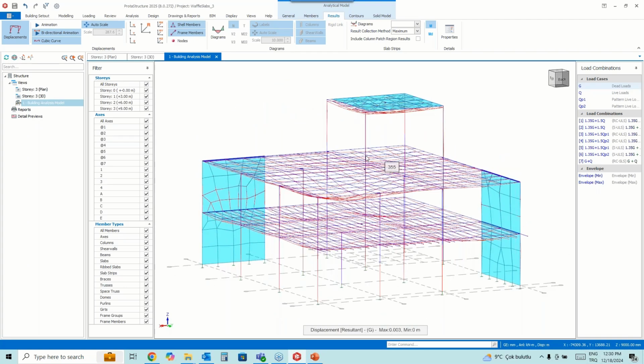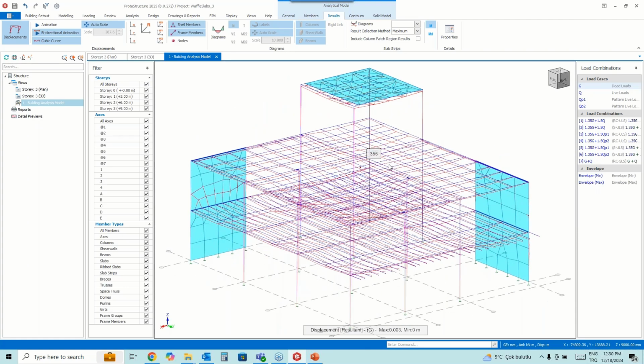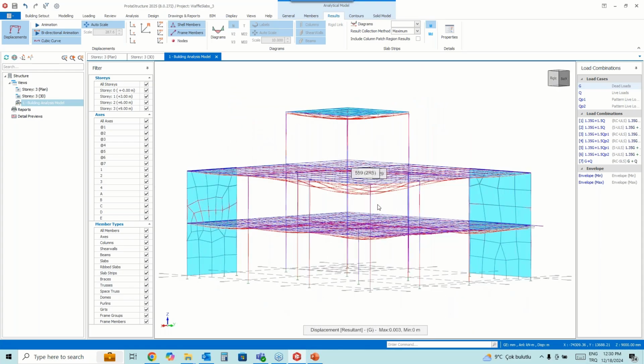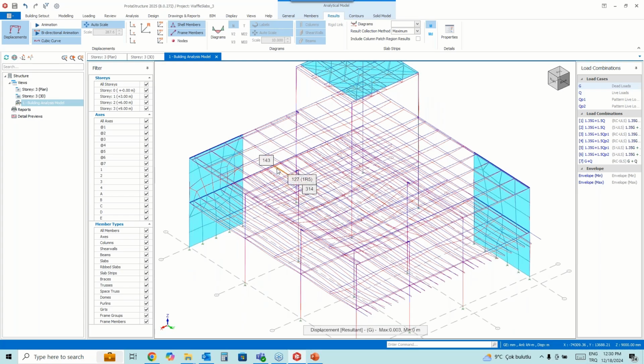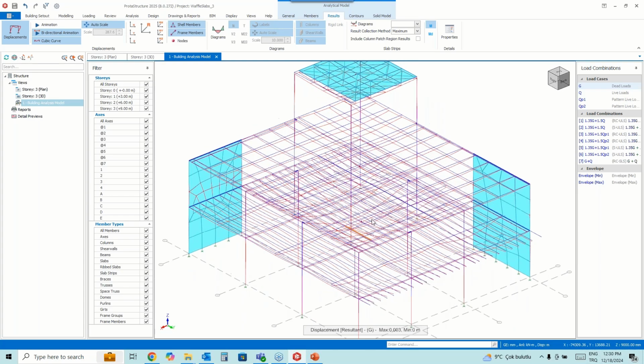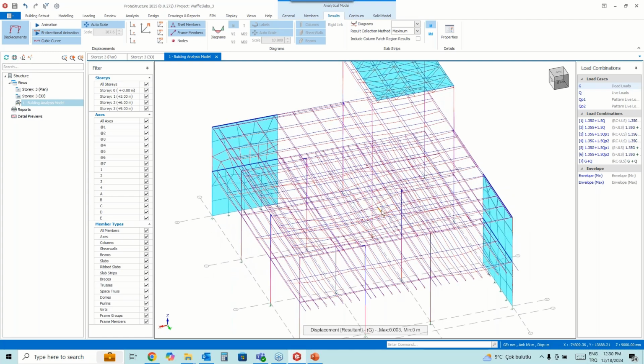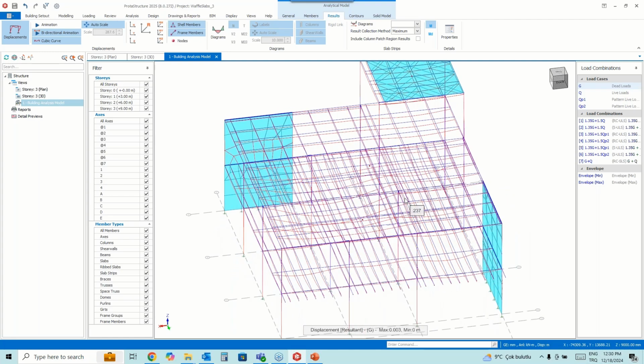This is also an important feature, because some software just distributes the loads from the slabs in one way, but we are transforming them to frame members and also taking them into account in the analytical model.